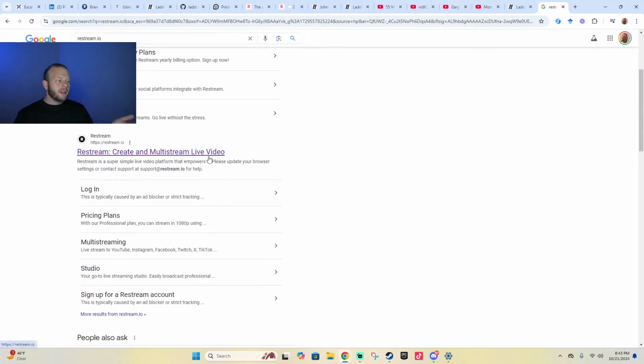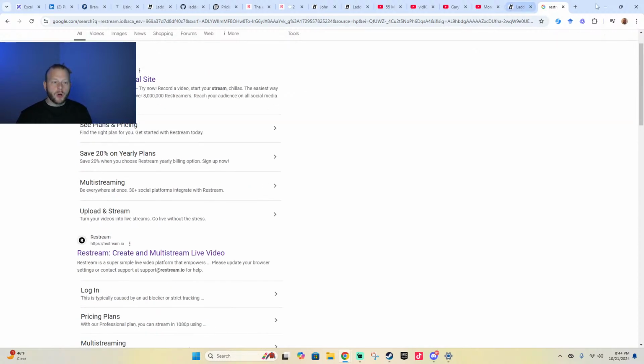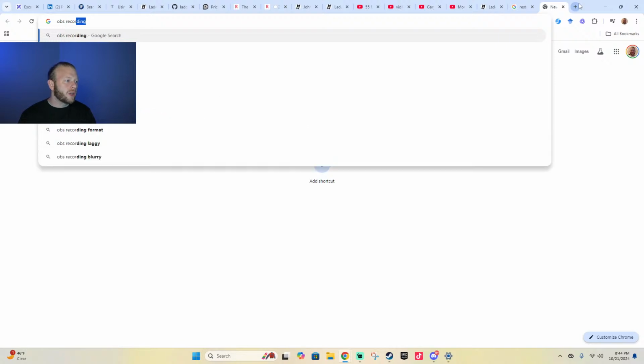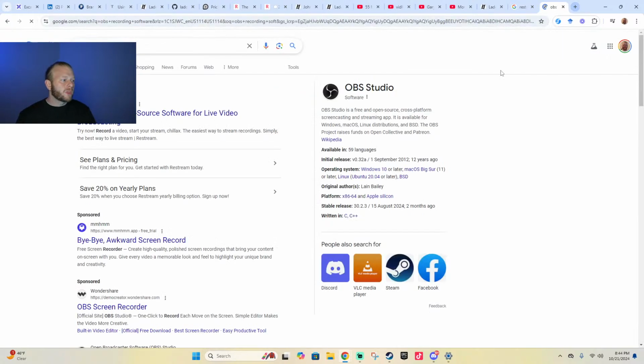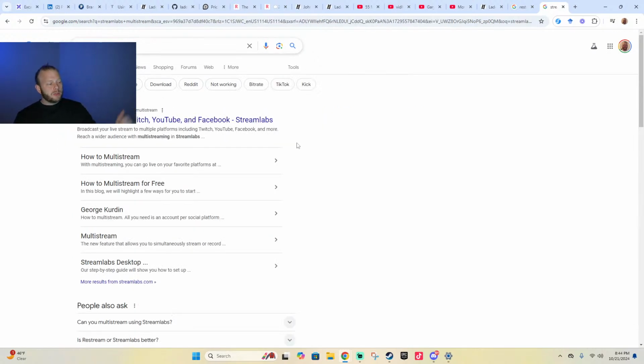Okay, so you can check it out, and it's interesting for the purpose of multi-streaming. So you set up your recording software, and here I would recommend OBS or OBS Studio. OBS recording software. This is an open source project, and not to be confused with Streamlabs. For whatever reason, a lot of people get these mixed up. I think because Streamlabs kind of uses OBS under the hood. I guess maybe that's the reason. And they're both good tools. So I would recommend one of these.